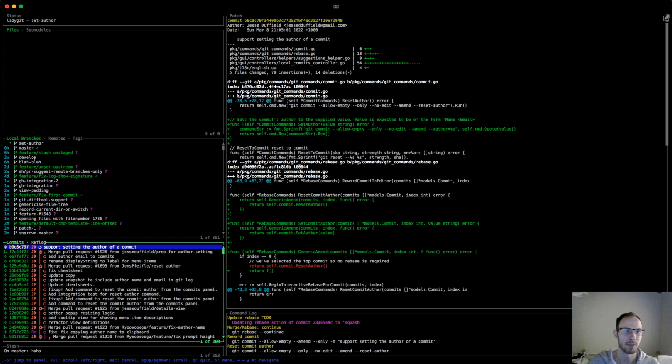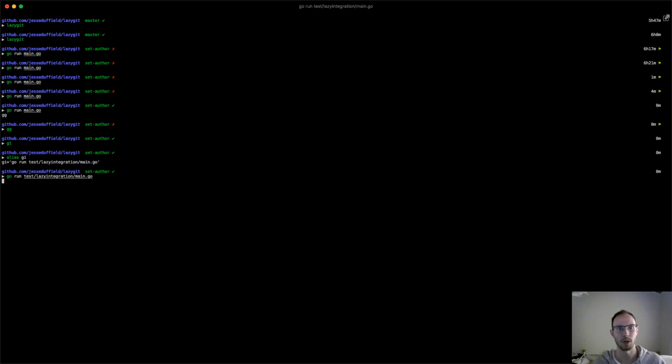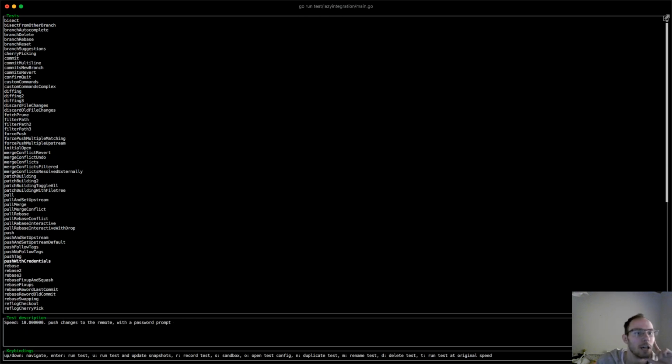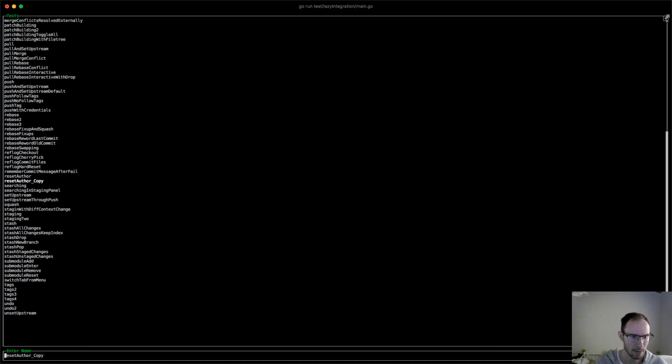Okay, so we now have that, and now I want to make an integration test to verify this thing actually works properly. I'll back up a second. I've got this alias called GI, which runs a little terminal UI for running integration tests. I believe there's a test here about setting the author in the first place. Set upstream, reset author. Okay, so I'm going to duplicate that by pressing n. I'm going to rename it to